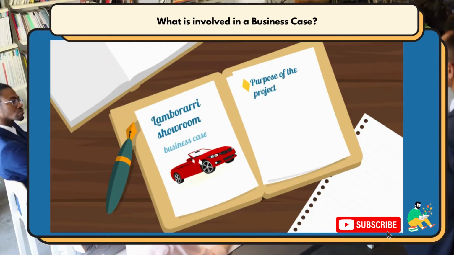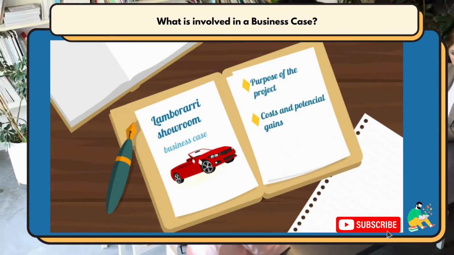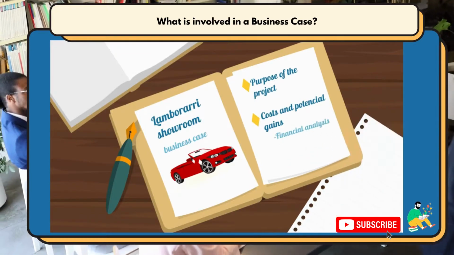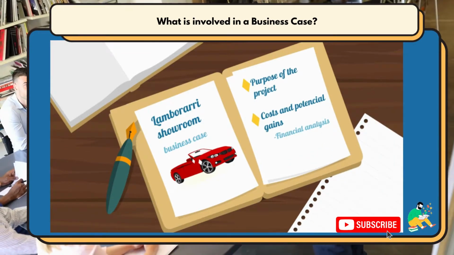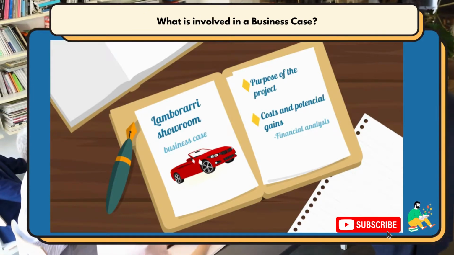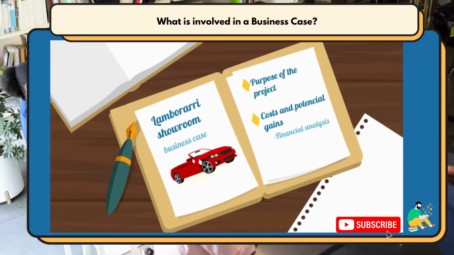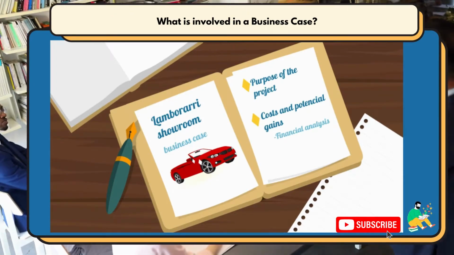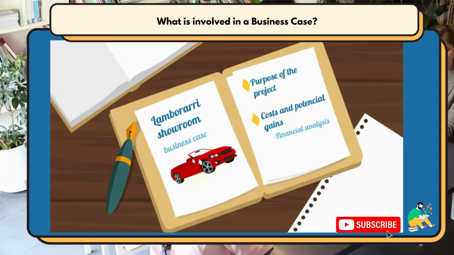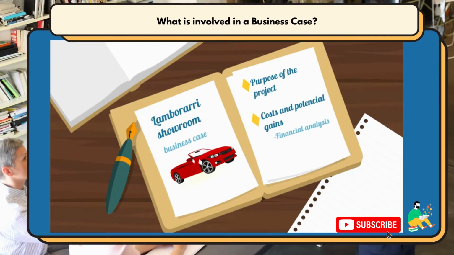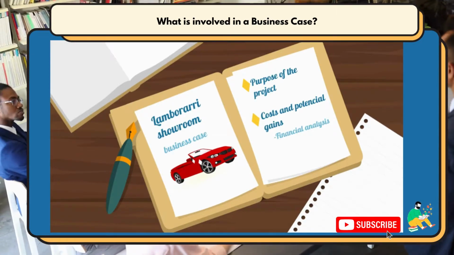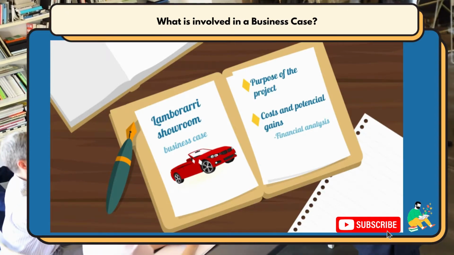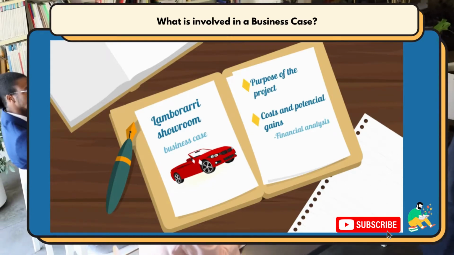Then, costs and potential gains. In the business case, you will see all the numbers and financial analysis. In our example, a showroom is a big investment. We must give a detailed financial analysis. All costs and potential gains will need to be carefully estimated, and all financial elements must be described. Revenues, expenses, expected inflation, discounted cash flow if we're talking multi-million-dollar projects, interest rates, taxes, and this is the time the net present value and payback methods will be applied, which we discussed in the additional materials from section 1.